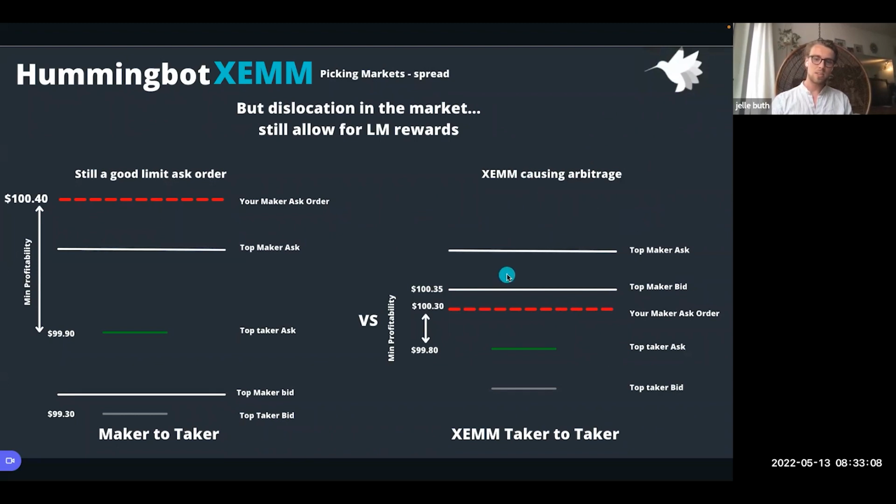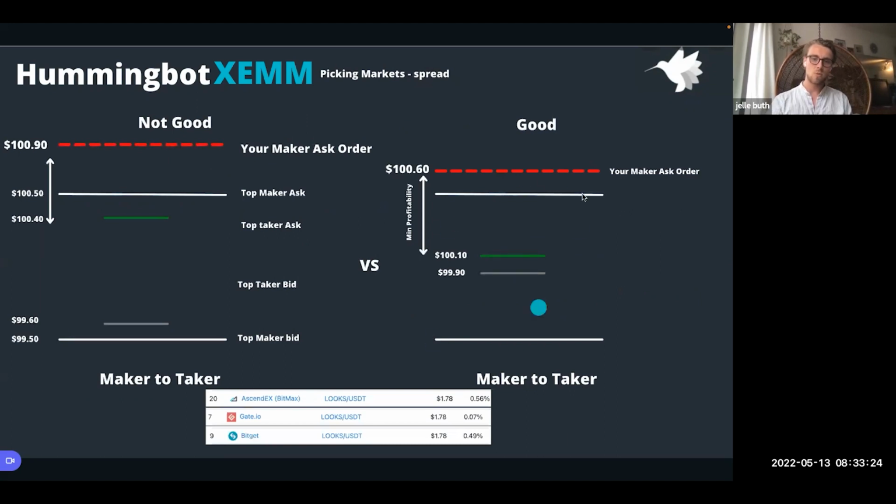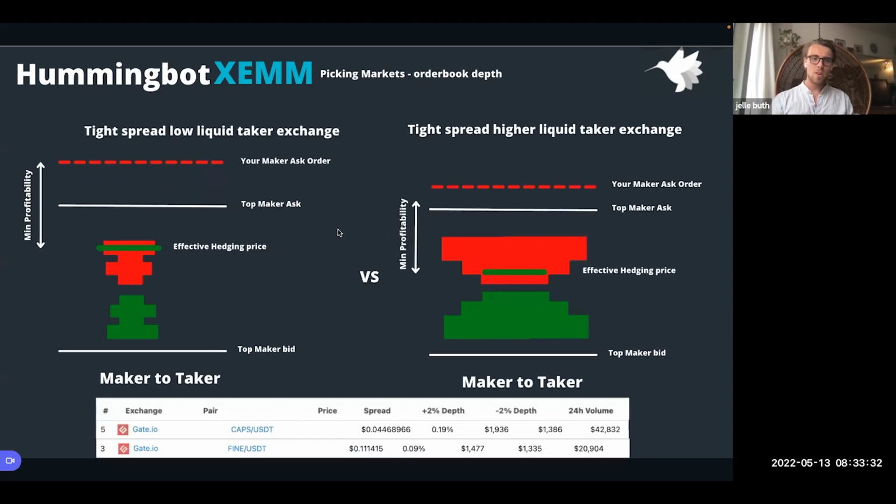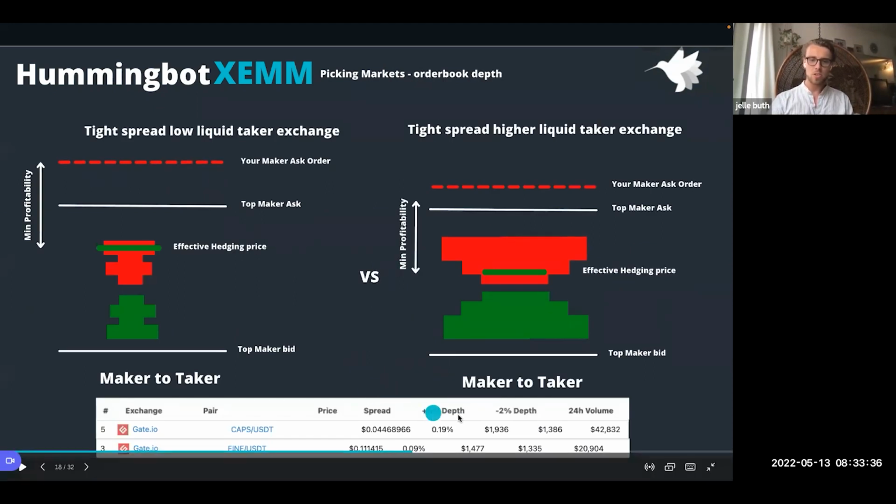I think this is more for pure arbitrage traders, the opportunity, because they're a bit quicker than cross-exchange market making traders in general. But this is something that in really illiquid markets, definitely could happen. But like I said, this of course is a way better situation than having a taker exchange with a wide spread. Another thing that I take into account is not only spread, but also the +2% and